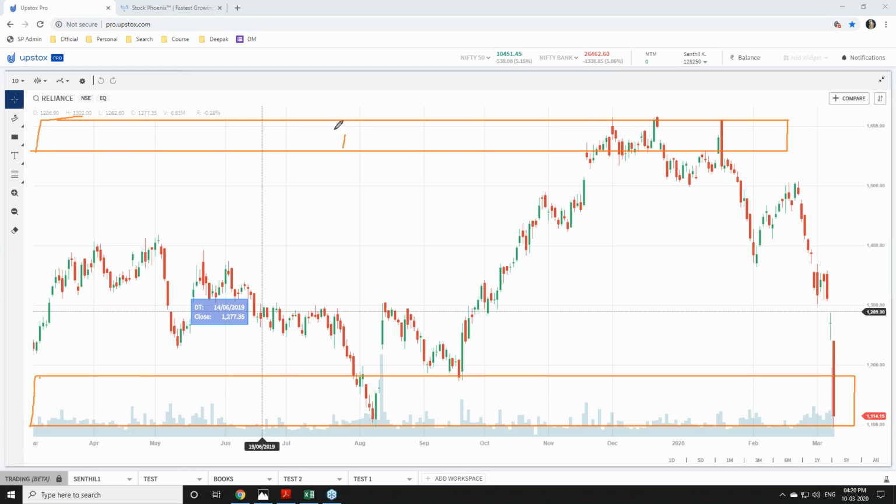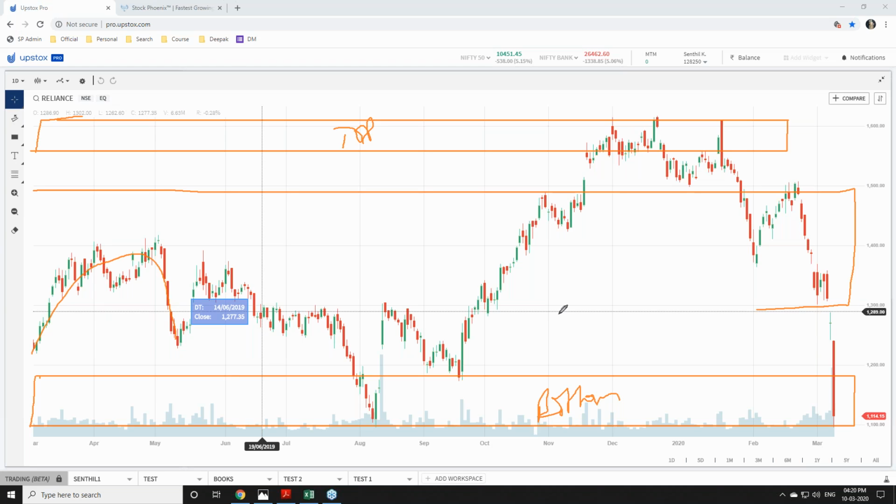You can see the top of the curve and the bottom of the curve. Here the price went up, came down. So this area is the middle of the curve. In between, yes, you can buy, you can sell based on further technical analysis. You can do your trading, but this is the place you are not supposed to buy. Buying here is absolutely wrong, and selling here is absolutely wrong.